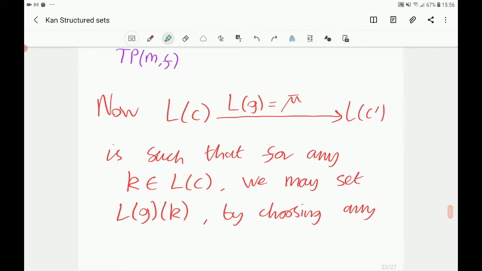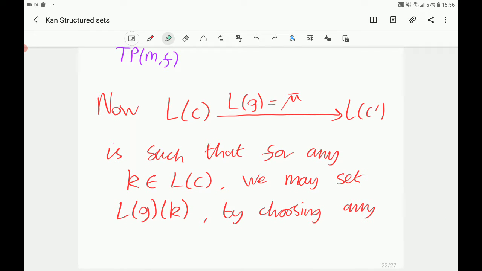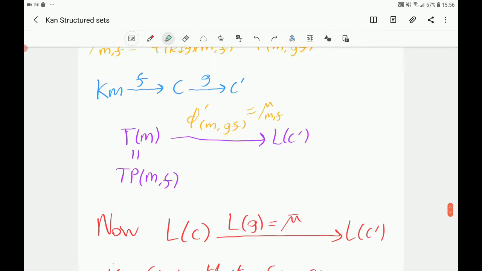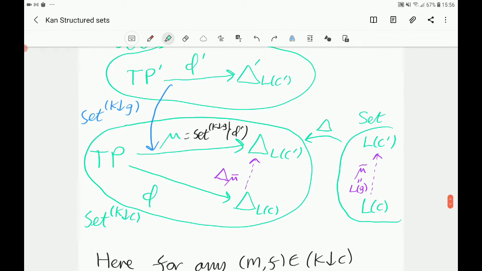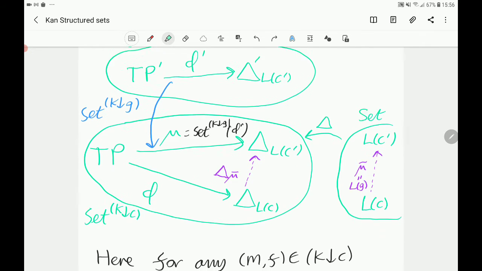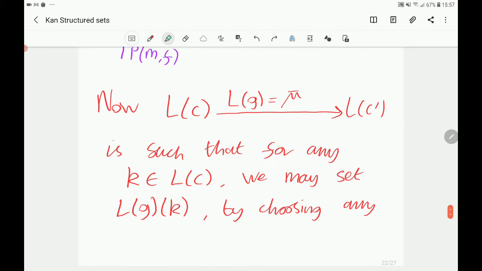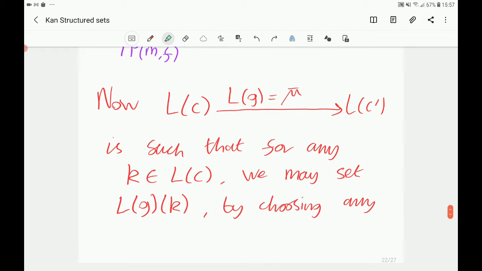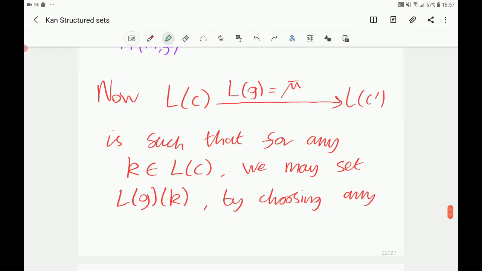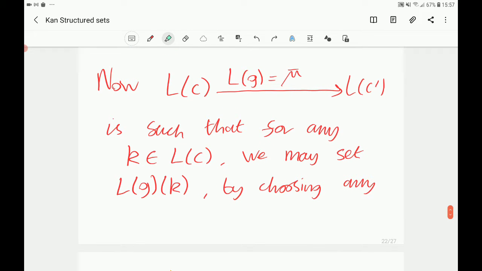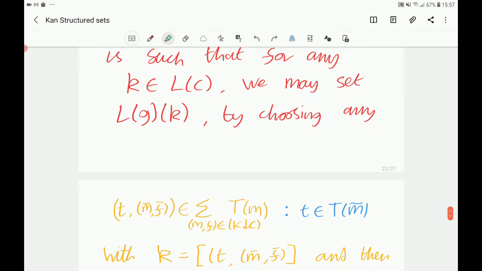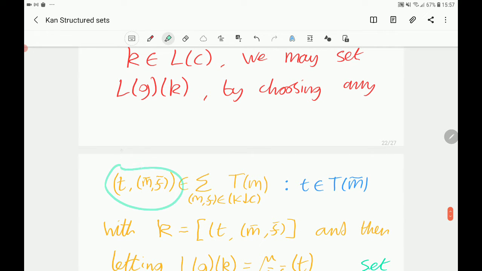Okay, so now we want to define mu bar. We want to get this unique intermediary arrow. So we've got now this mu as an arrow from TP to delta of L of C dash, and we want to find mu bar. The way this works is that if we pick any equivalence class of the sum on the left-hand side, so if we pick any k in L of C, we want to find L of G of k. If we just pick any, and it doesn't matter which one, any t comma m bar comma f bar in this sum,